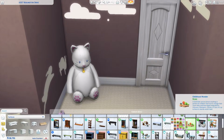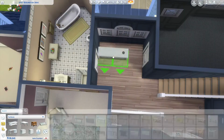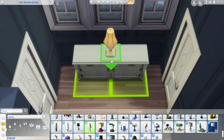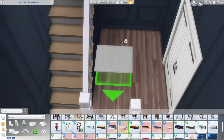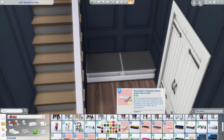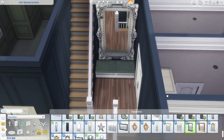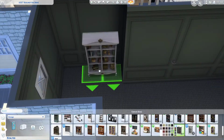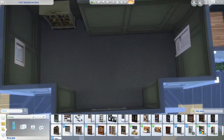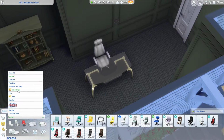I used a lot of these decals, which I don't really do. I'm going to be honest, usually kids' rooms kind of annoy me because I don't like going through and trying to find all the clutter objects and things like that. There's pressure to make kids' rooms bountiful, like you have to be a good parent by having a bunch of toys in your kids' room for it to be aesthetically pleasing. You can tell I don't have kids, but